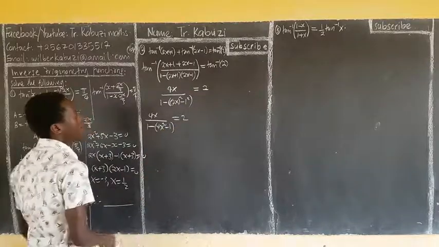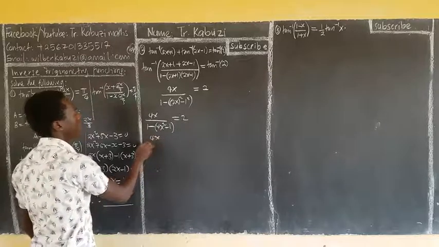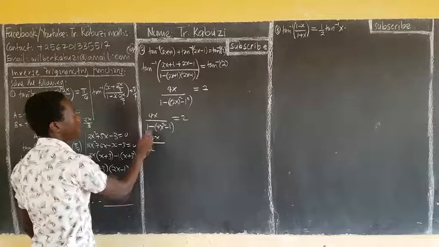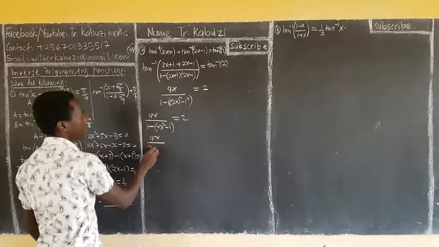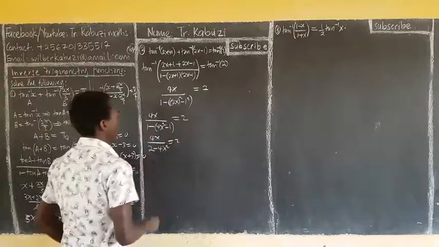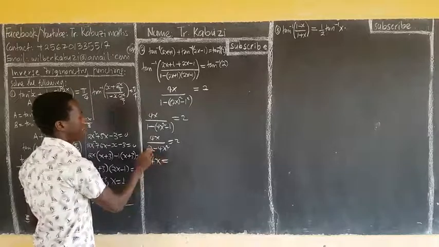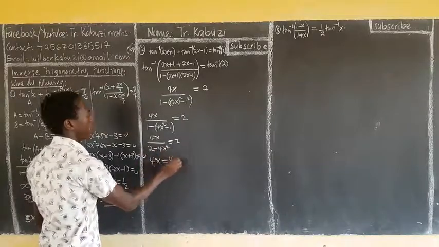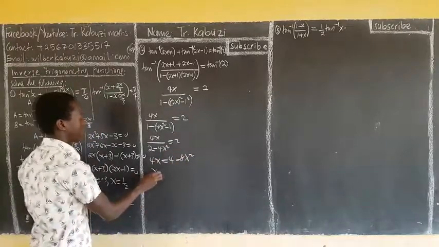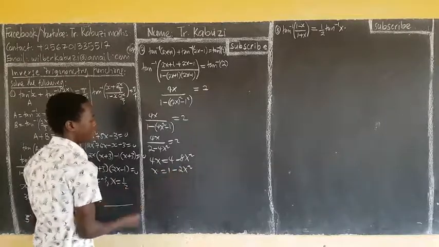So allow me, I can also multiply. This will be 4x over, this will be now 1 minus 1, which will give me positive, so I have 2, then minus 4x squared equaling 2. You can divide through by 2, or you can also multiply. You have 4x equaling 2, this time we have 4, then minus this time 8x squared. Divide through by 4, we have x equaling 1 minus 2x squared, take it to this side,